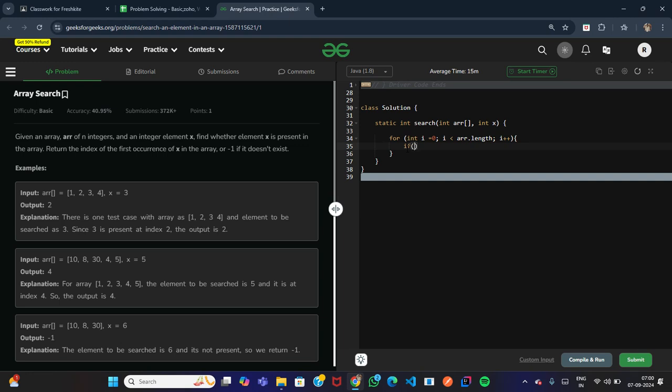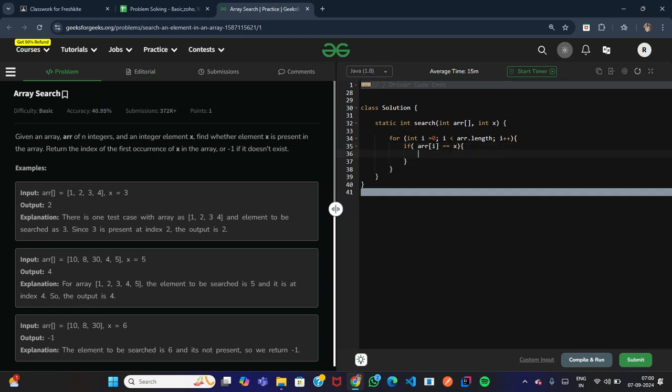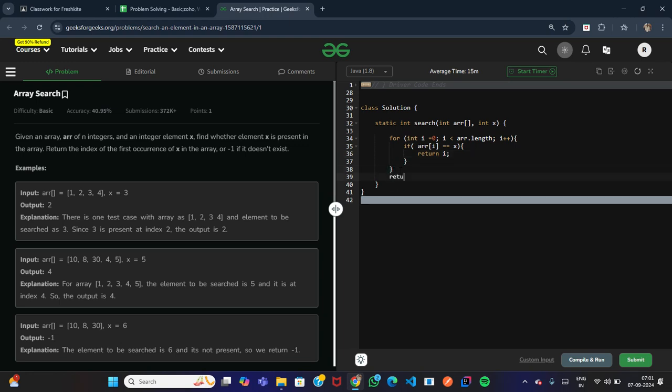If array[i] equals x, then x is present in the array, so return the index value. The index value is i. If it's not present in the array, return -1.